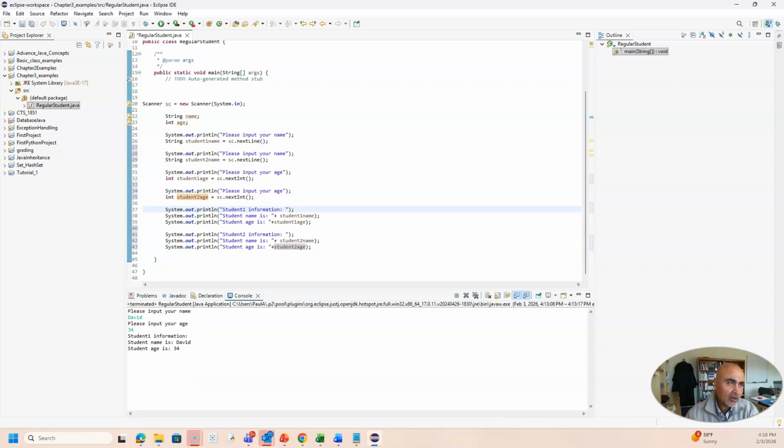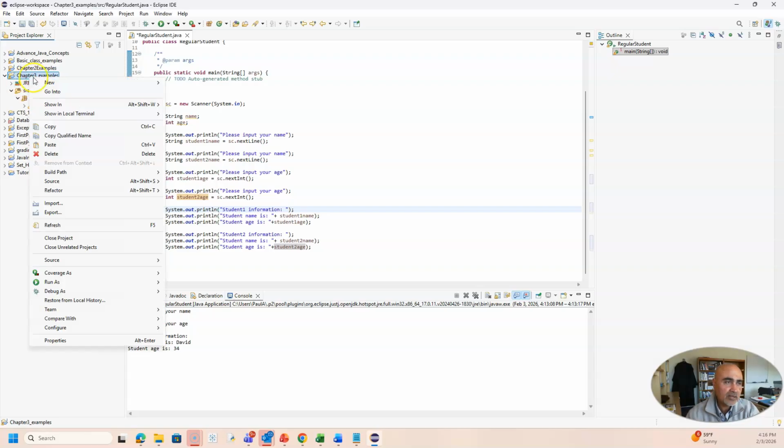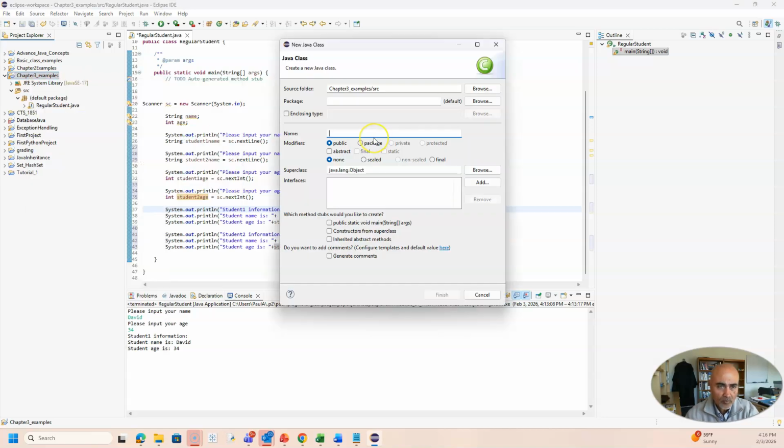So now, in my same chapter 3 examples, I'm going to create something a little differently. So now I'm going to say new, and I'm going to create still a class, and I'm going to call it